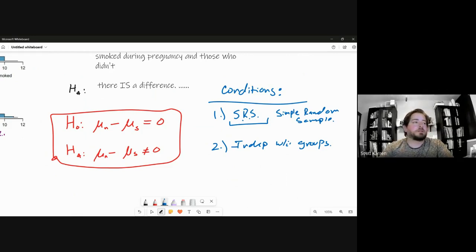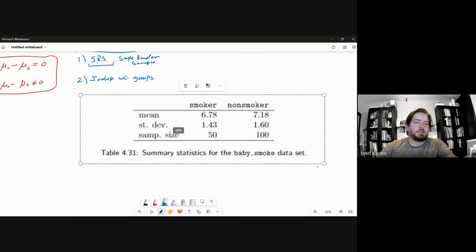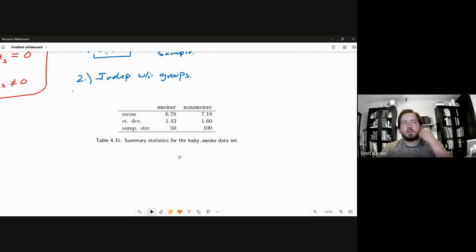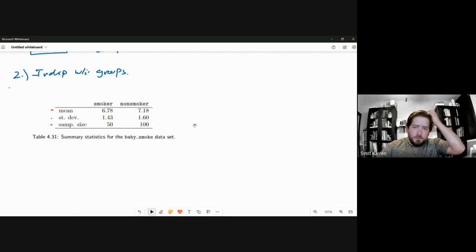Okay, and therefore we can then use the t-distribution. So I'm going to grab this data again here, and by again I mean for the first time, and post it. Here is the rundown of the data. We are given smoker category, non-smoker category. We're given the mean, the standard deviation, the sample size. So I prefer to write it this way in the variables that we're going to be using. So X bar of smokers